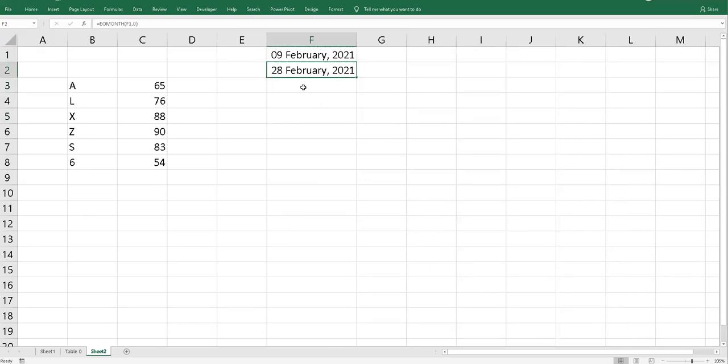28 February would be the last day of the month. When I press F1 over here, say that I want next month, which is March 31st. So instead of 0, I will put 1 over here. It will give you monthly additions. And say that after 5 months, what would be the end of month? It will give you 31st July. So this is a good functionality over here.